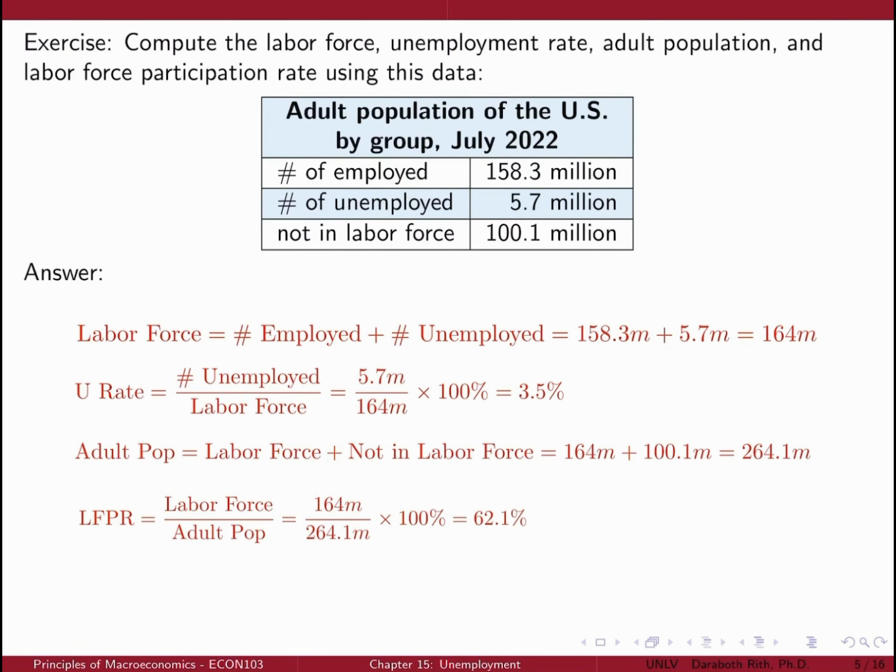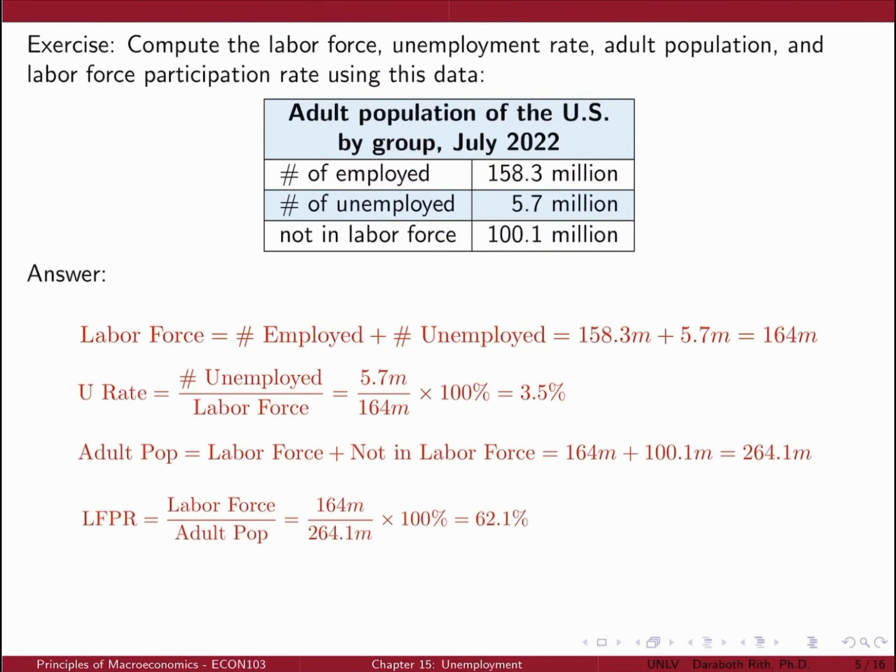Let's start with computing the labor force by summing the number of employed and the number of unemployed. Labor force equals 158.3 million plus 5.7 million equals 164 million. Next, the unemployment rate can be found by dividing the number of unemployed by the labor force, then multiplying by 100%. So unemployment rate equals 5.7 million divided by 164 million times 100%